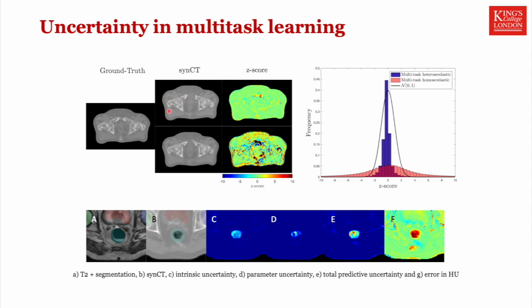And you see that for this multitask model, the one that has heteroscedastic uncertainty, the z-score looks very flat and looks really nice, with only a few areas where you're at the edges of the z-score, which is exactly what you'd expect. So you see the blue distribution appears to be like a Gaussian, and it does approximate the black distribution. While for the model that is homoscedastic, what you see is that in many areas the z-score is incredibly high, and in many other areas the z-score is incredibly small, meaning that this network doesn't have a well-calibrated uncertainty. This is evidence that uncertainty in this specific application needs to be heteroscedastic, because a homoscedastic model